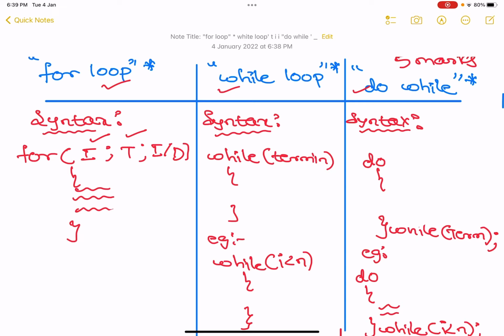Okay, in this loop video I'll be doing for loop, while loop and do while loop together. We will be seeing what is for loop, what is while loop, what is do while loop, the syntax, and how to write a program using while and do while. And more clarity on while and do while loops you'll get in the arrays chapter. I'll give you practical demonstrations, programs, how to write a perfect while loop and how to write a perfect do